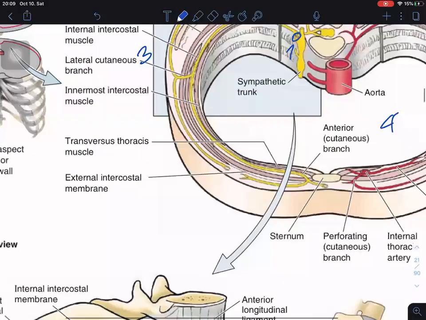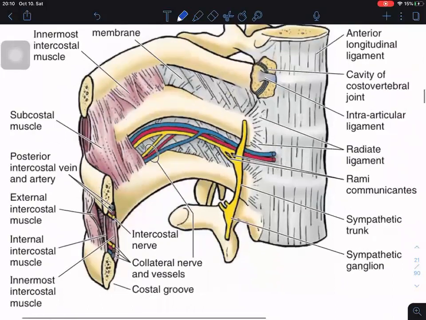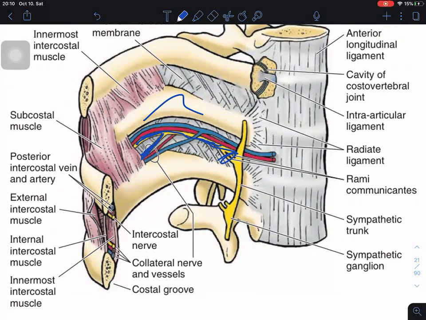One more thing to add. On this picture, if you see the intercostal nerve enter the intercostal space, the rami communicants you can see so nicely. What else do you find? Once you reach the angle of the ribs, right at the level of the angle of the ribs, the intercostal nerve gives you another branch which is running more inferiorly. So it's running basically toward the superior border of the rib below it. And that's called the collateral branch. Okay, so collateral branch. So then 5 branches